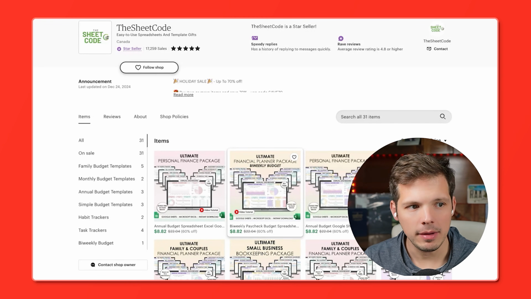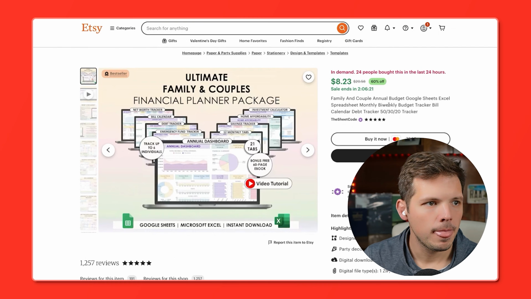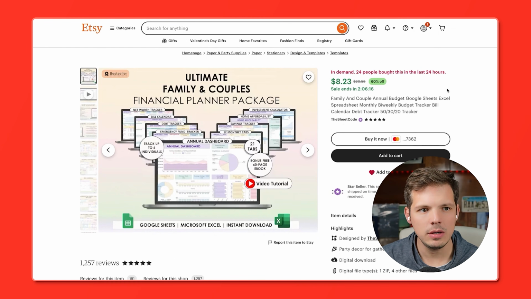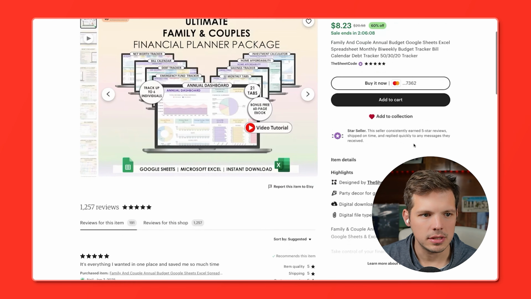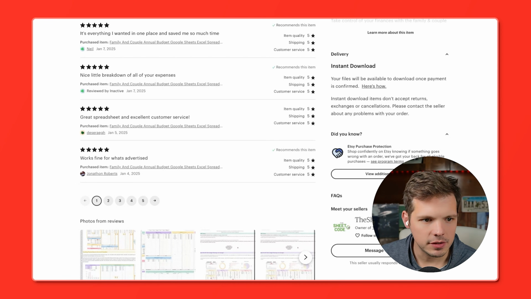But from a broader perspective, just read every single review and find commonalities. What do they love about it? Because a lot of times this guy, this bestseller, it says family and couple annual budget, Google Sheets, Excel. He's just keyword stuffing, okay? Which is fine. It clearly works. He ranks highly, but it doesn't really answer people's questions. So if people in the reviews are constantly saying, I love that it adjusts for inflation, I love that it adjusts for inflation,